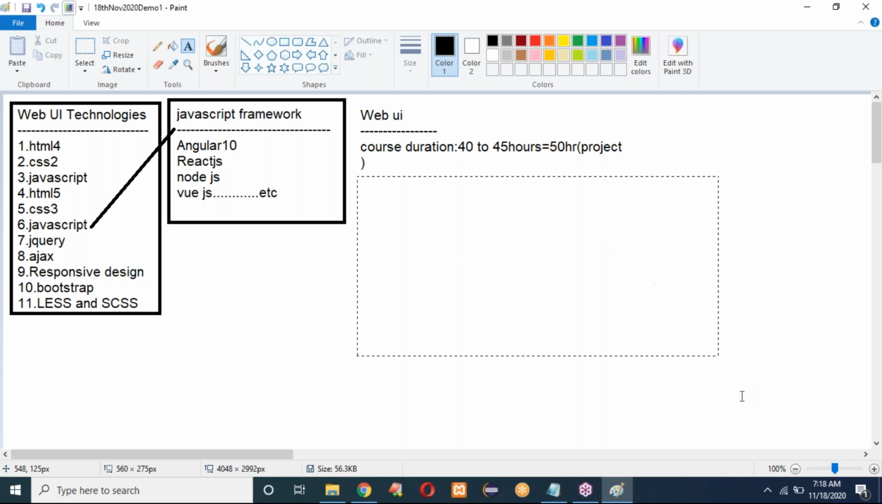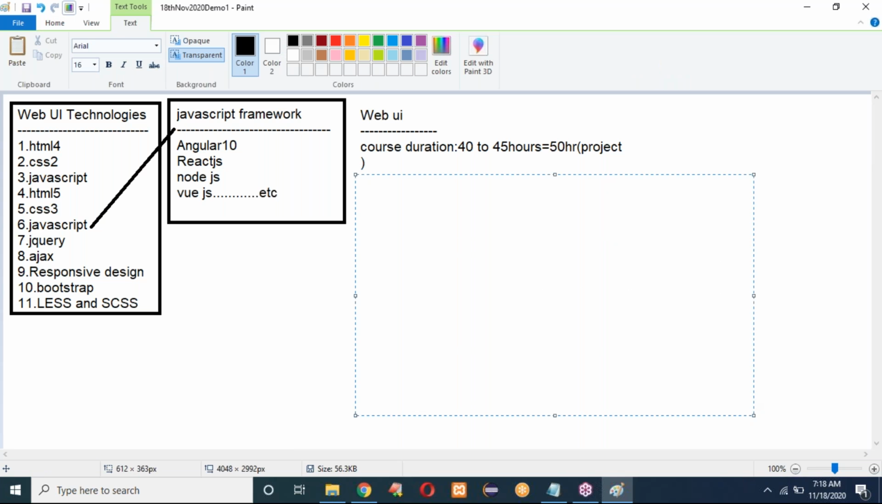So first, I'm going for the real usage of this front end. Using web UI technologies, you can be a front-end developer. So if you are a front-end developer, how can you use this? So if you are a front-end developer, you can